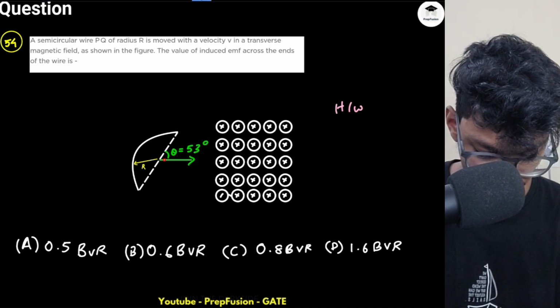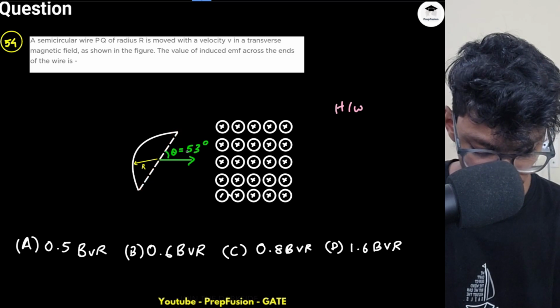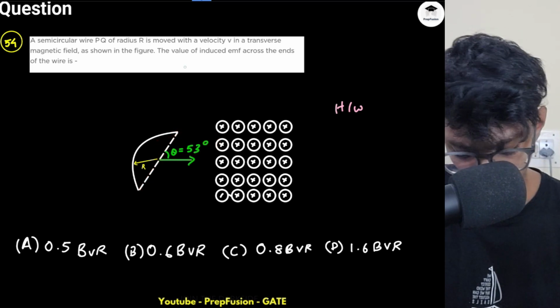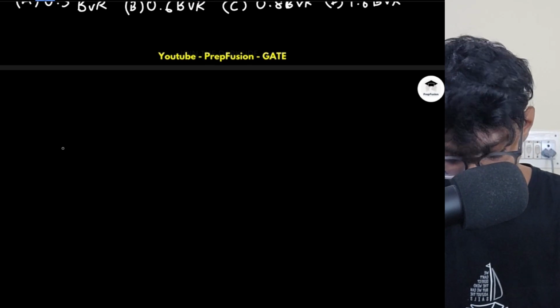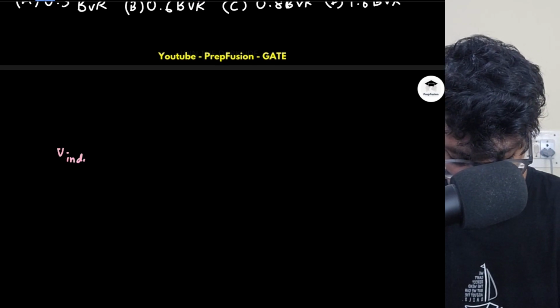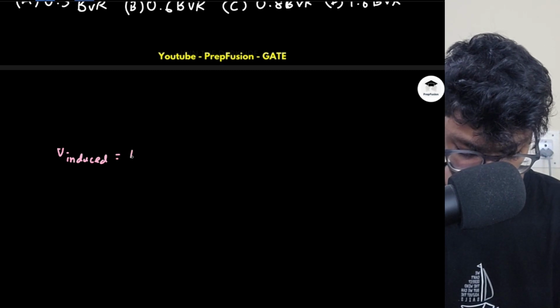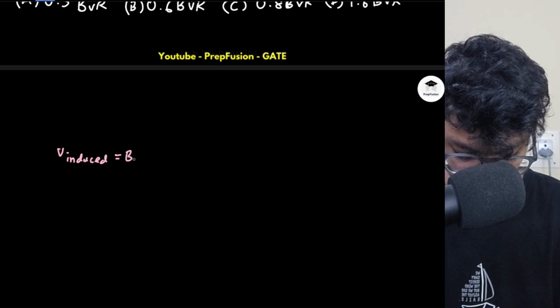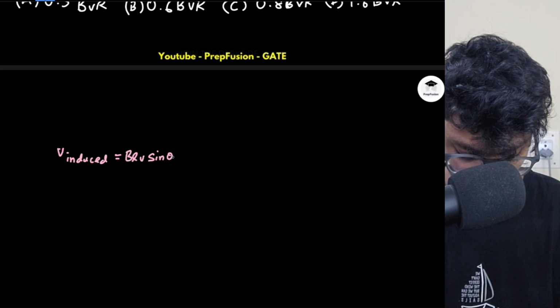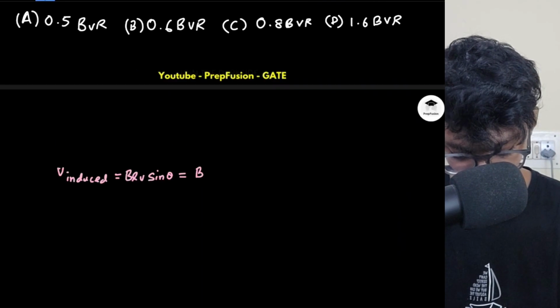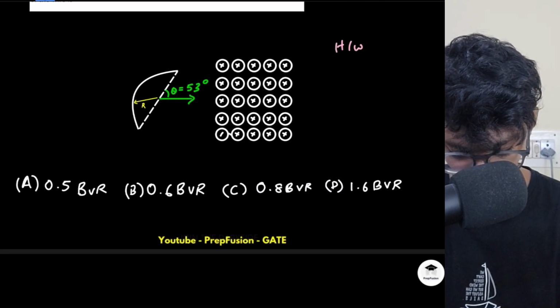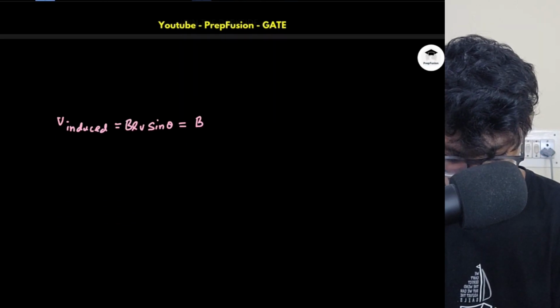Here again the same thing: the velocity vector is here, and the angle with respect to the shortest length is theta, and theta is 53. So what will be your induced EMF across the ends of the wire? Just use the simple formula: V induced is B L V sin theta. What is the shortest length? L is this length, and the shortest length is 2r, so it will be 2r